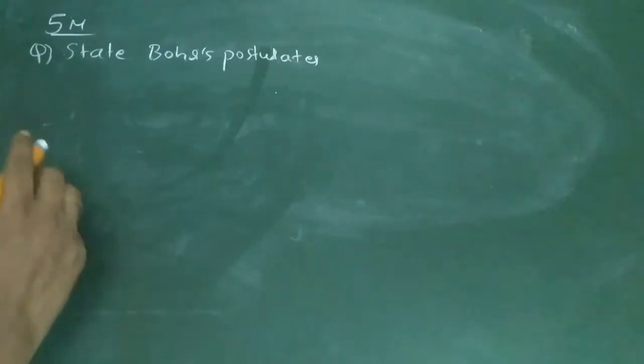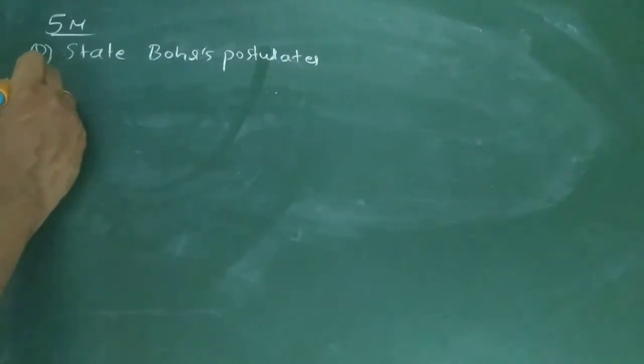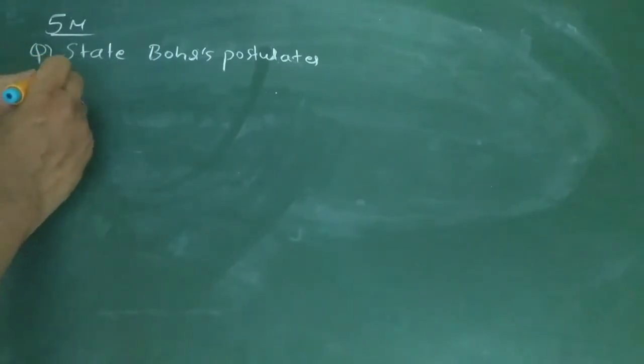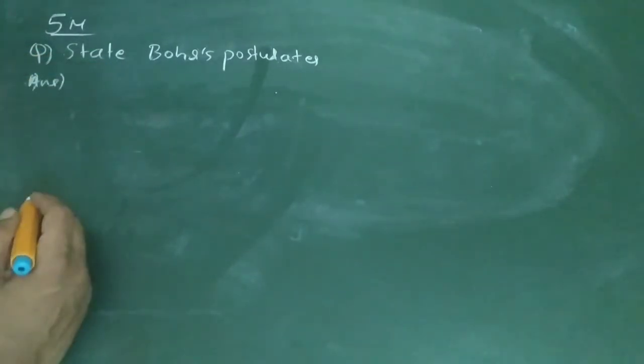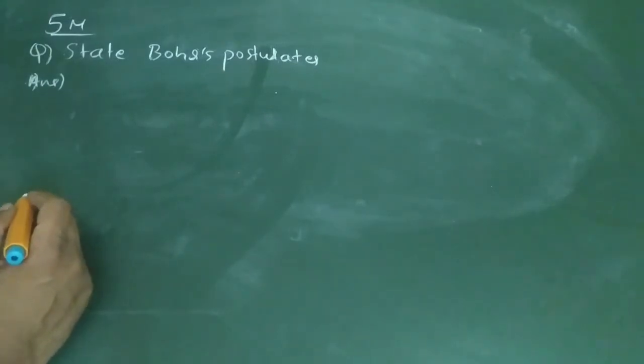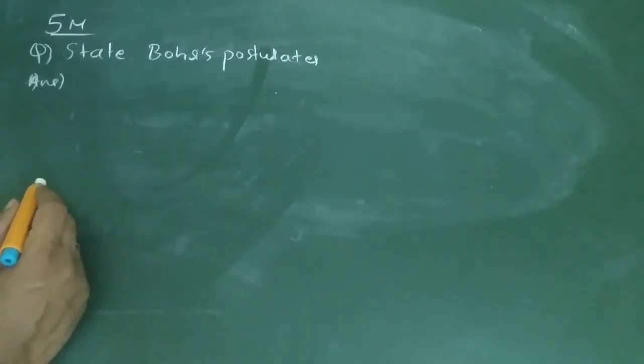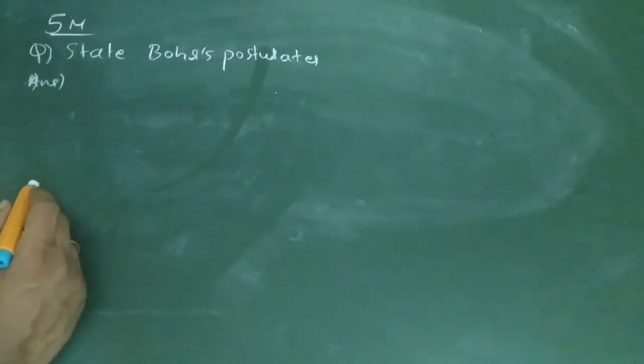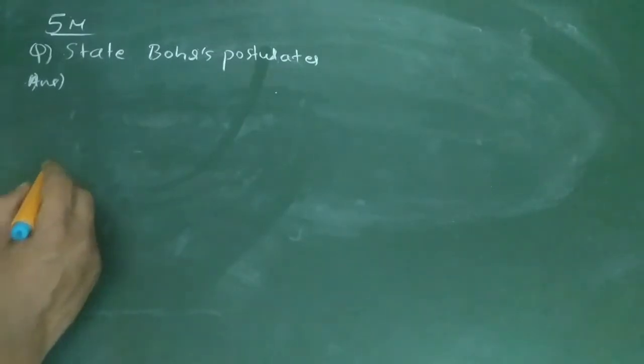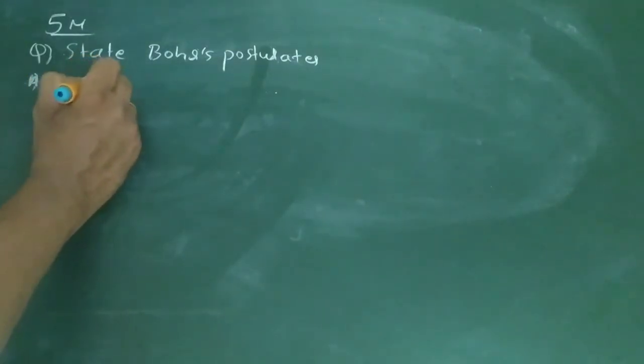Now what does the first postulate say? You must always remember, for atoms, first you have to remember three postulates very clearly. That is the basic thing. The examiner will understand immediately, if this question is given in the exam and you don't answer it, the examiner will psychologically think the student has not learned. So the basic question is, what are Bohr's postulates? You must know 100% that there are three postulates.